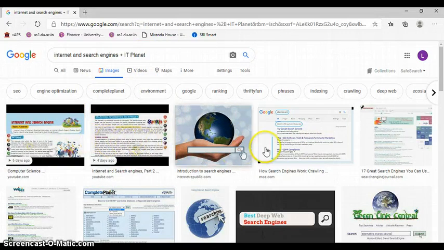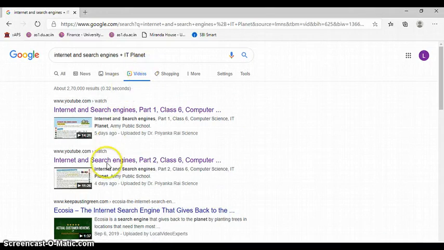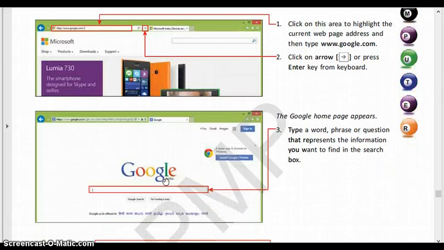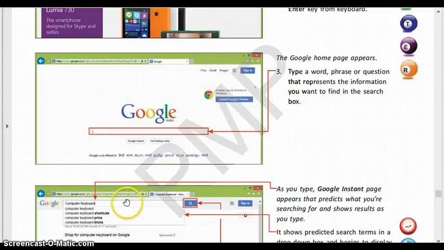The first few results are the exact matches, and then this search engine sorts out or makes a list of all the sites which use all these terms. Now videos, if you want videos on this particular topic, these are the different videos. Then there are many other things. So this was about searching the internet using Google. I hope you have understood till here that you have to enter the items here.